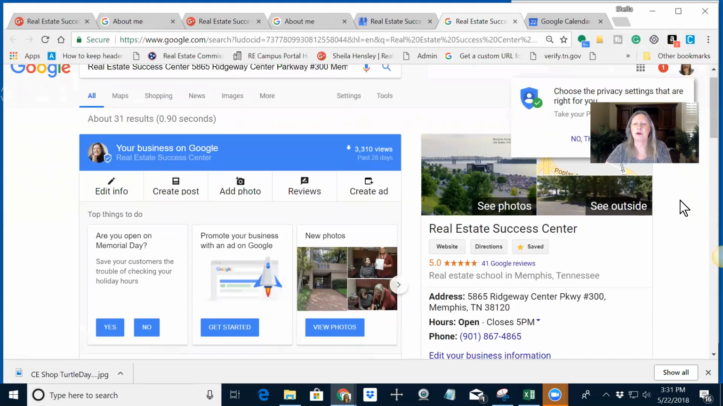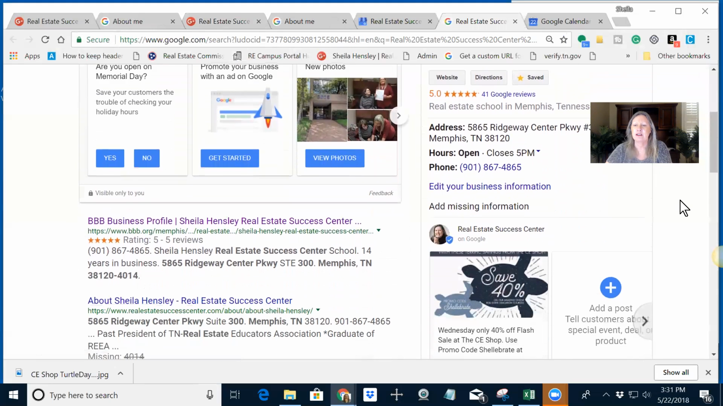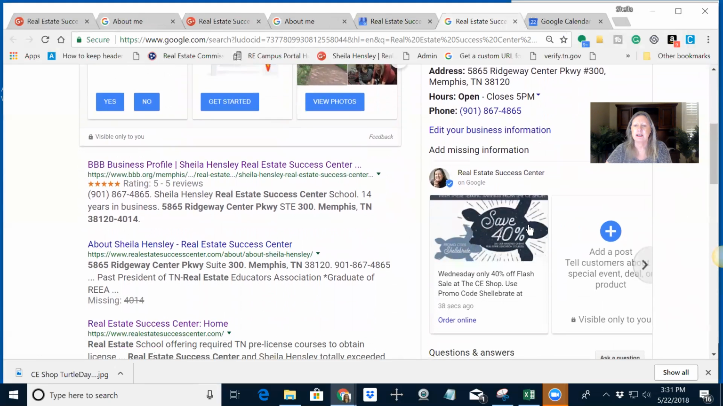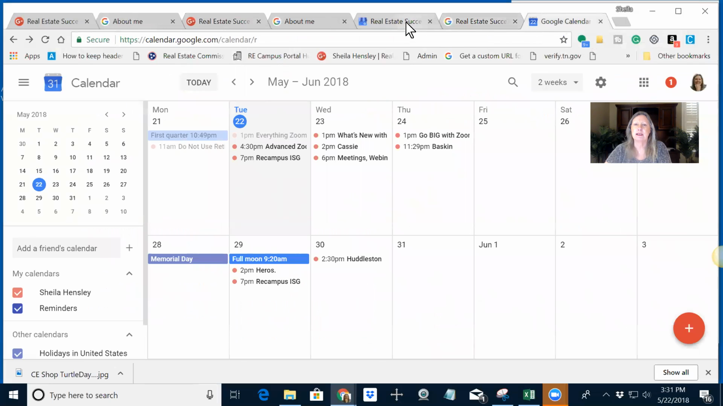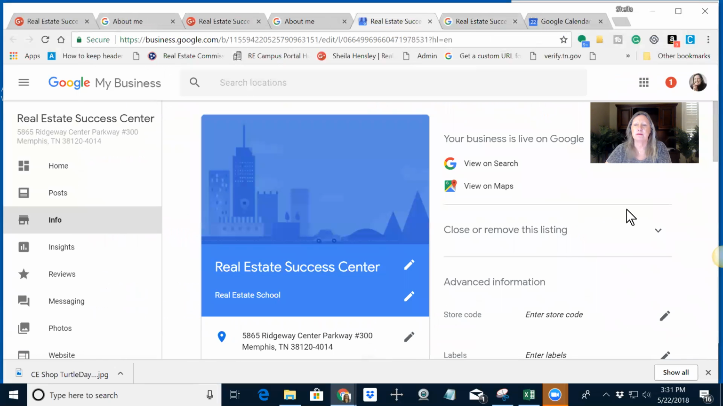It'll be on the right-hand side. Look! Save 40% Wednesday only. I should put the date in there. It's exactly what I should do. And since it's published,